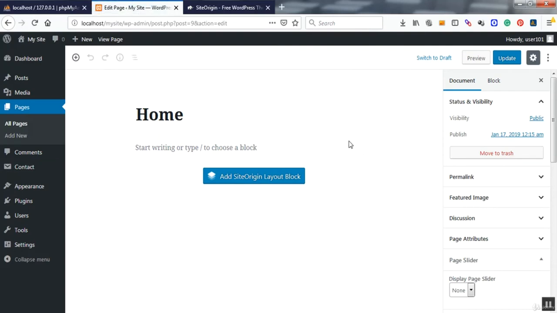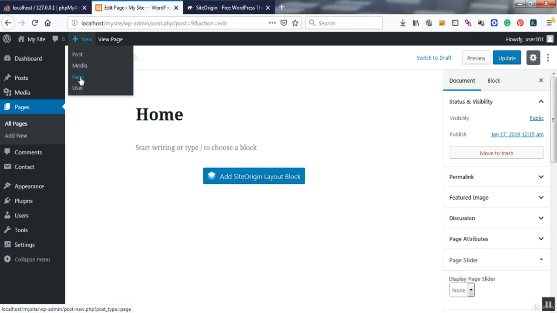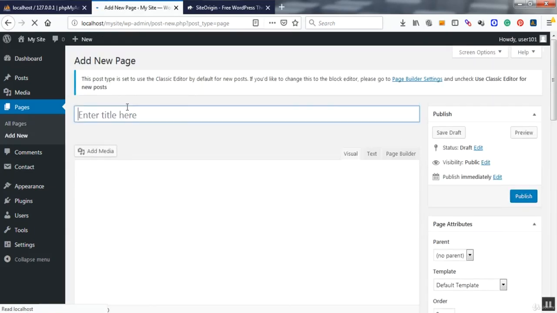Okay, now let's create some more pages. Go to new. When you click on this it will automatically create a page, but you can also select whatever you want. Let's go and click page, create a couple of pages. Let's create about, click publish,